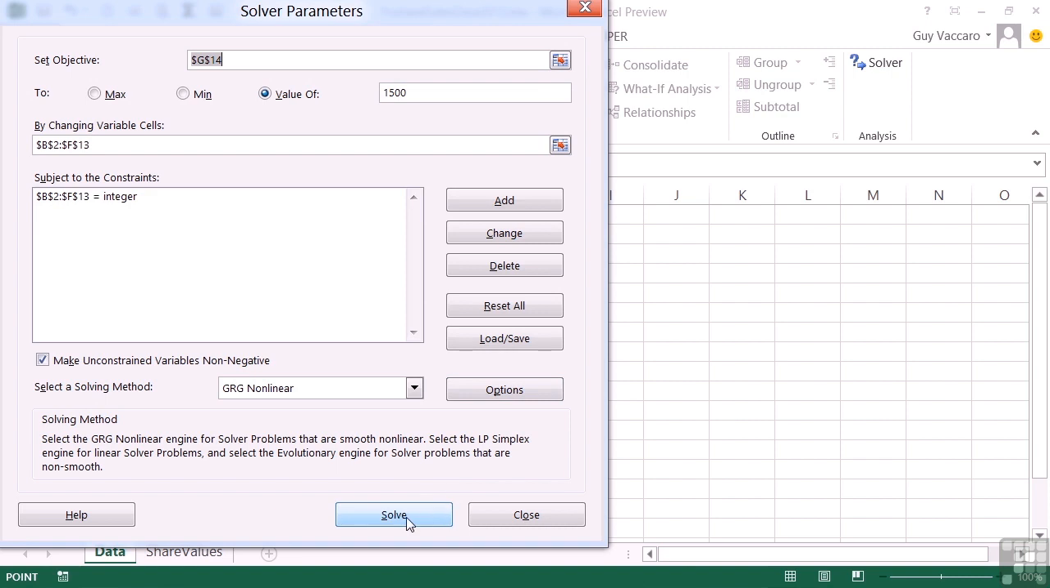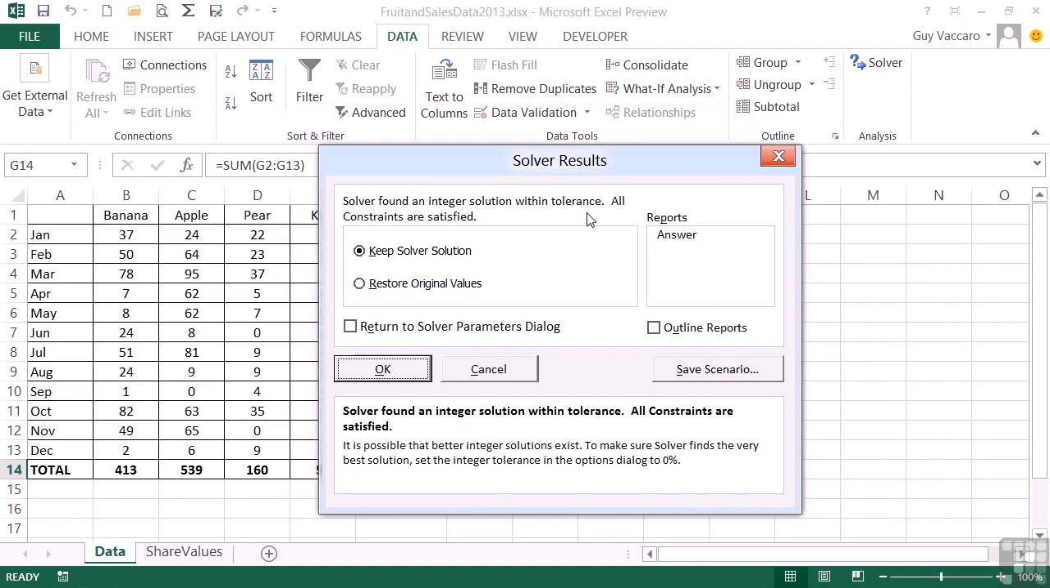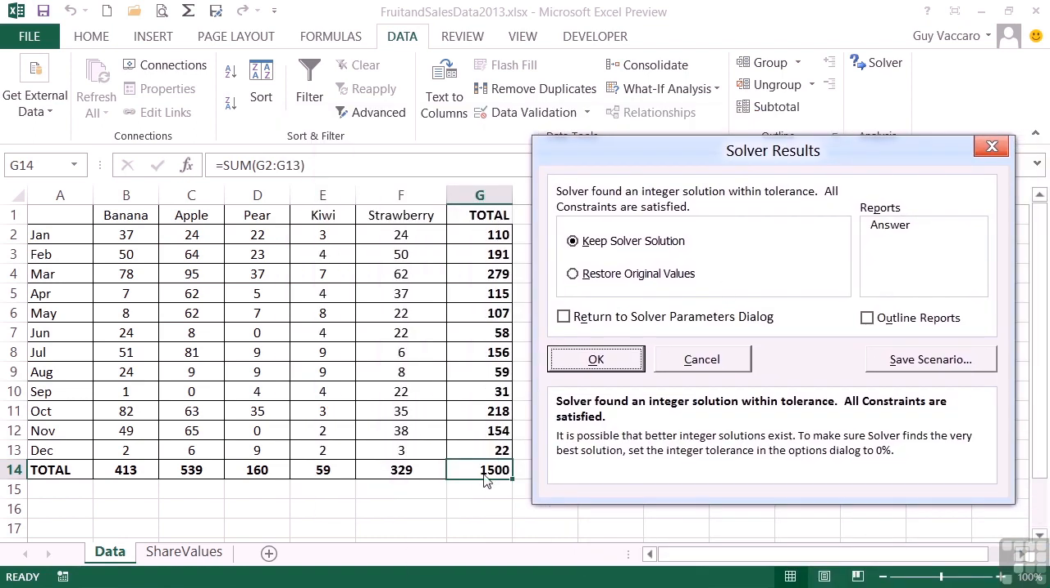And then we try Solve again. And this time it takes a little bit longer. You can see down the bottom left how it's thinking. It's going through various subproblems and different trial solutions. And then it gets there. This time, if I move that over, we can see it's still reached the target of 1,500 and it's kept everything as an integer. So it says here, Solver found an integer solution within tolerance. All constraints are satisfied. It is possible that a better integer solution exists. To make sure Solver finds the very best solution, set the integer tolerance in the options dialog to 0%. So giving it no flexibility at all, but it did manage to find a solution that were all integers,